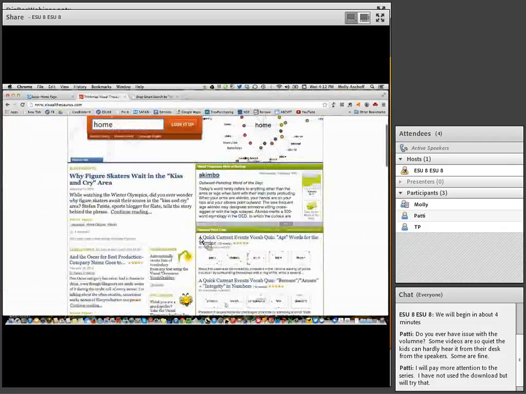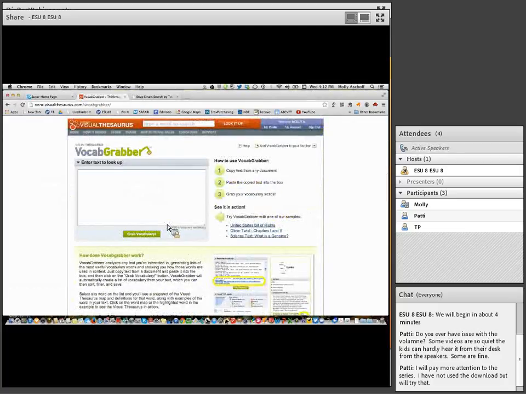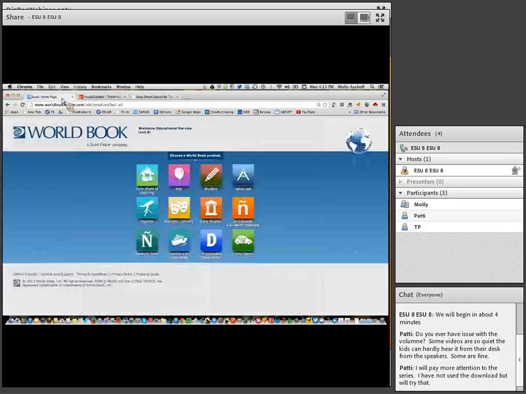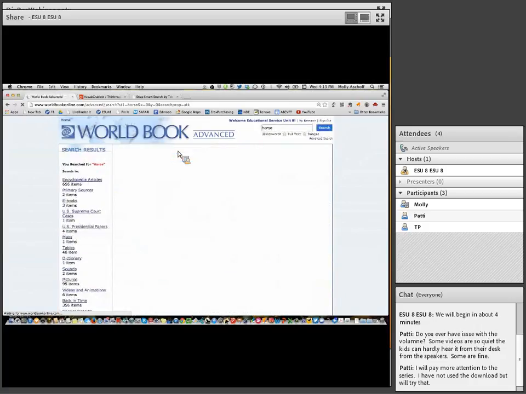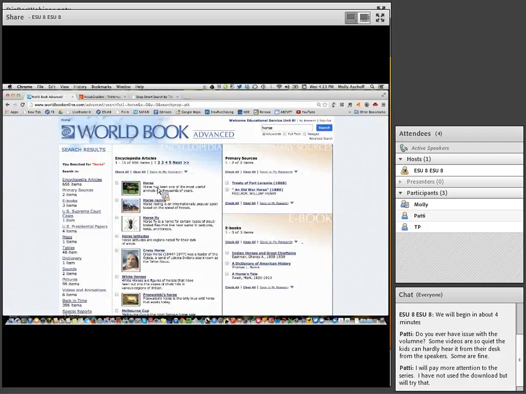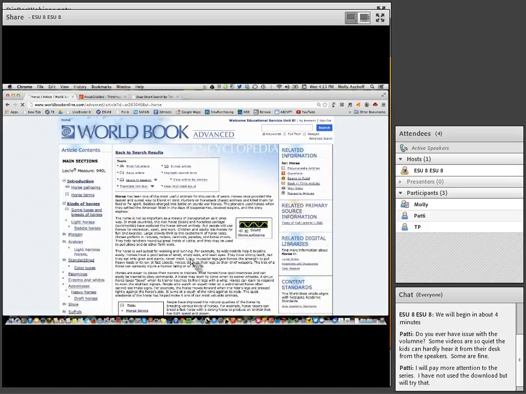But I quickly want to show you vocabulary grabber. I know I'm running out of time. Okay, my deal says 3 minutes. And with that, I'm going to go back here. Should have had this done. And pull in some text. So let's say we're reading this about horses. So I'm going to copy this,